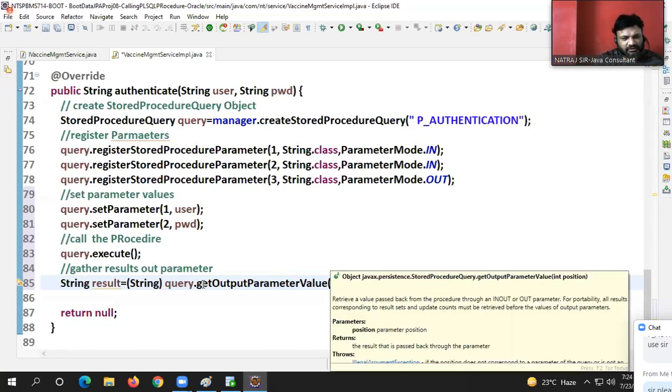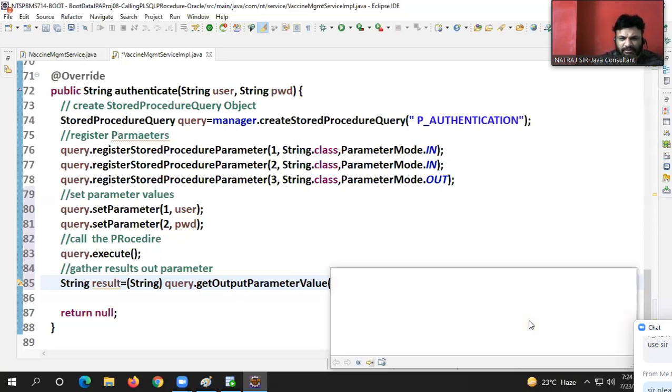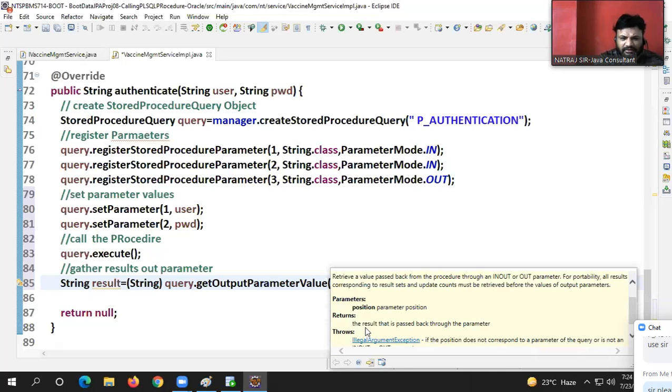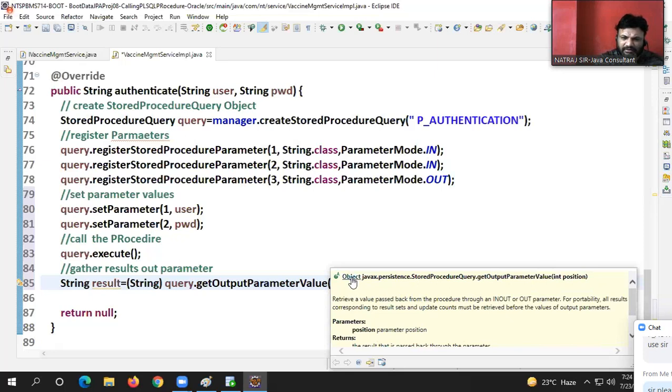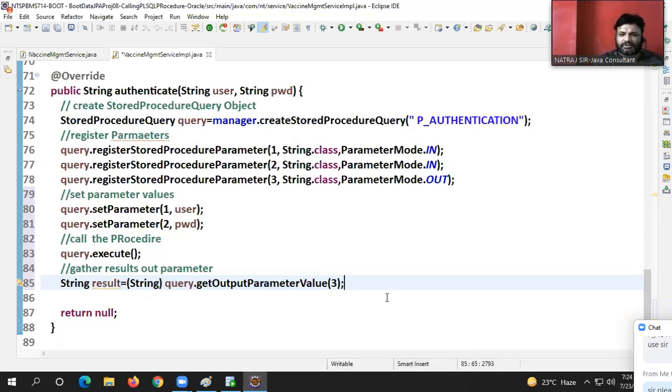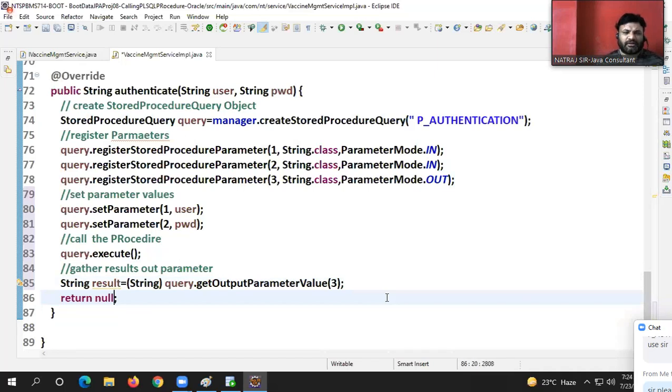Okay. So, get out parameter value. Understanding my statement, boss? It returns the result that has to come back through the parameter. What does it return, guys? Object. But we want to store it in a string variable. That's why. Okay. Next. See, today I'm not calling get result list, because the procedure is not returning a bunch of records. Are you understanding my point there? Okay. Array,